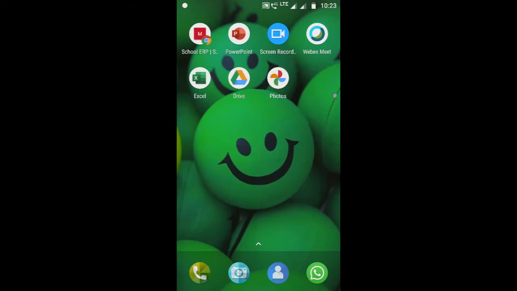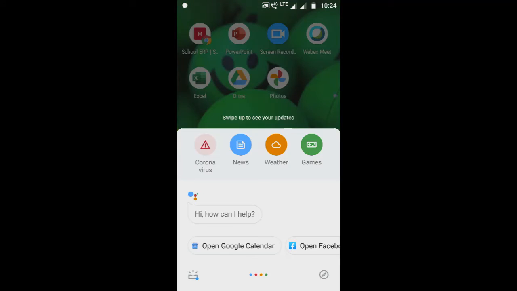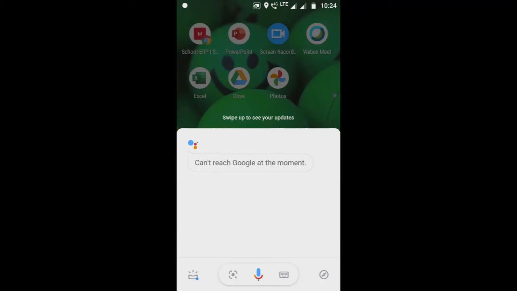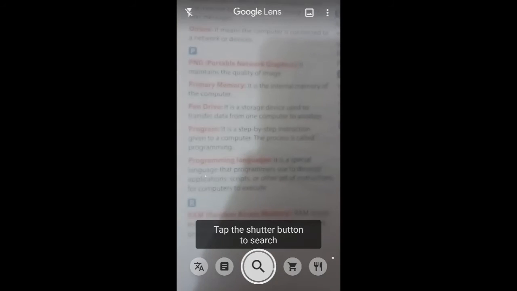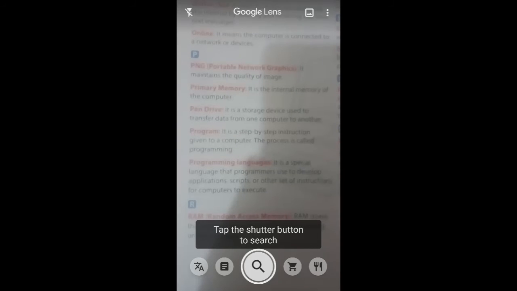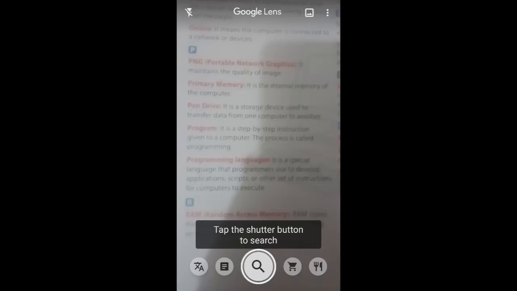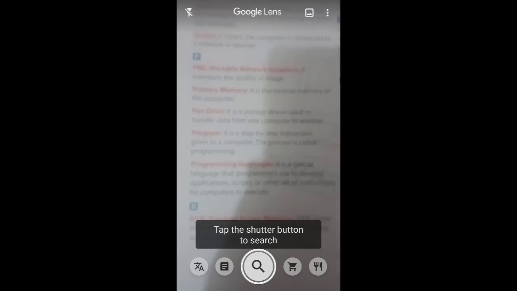You can also use Google Lens from the Google Assistant. Now open the Google Assistant by holding the menu button. When the Google Assistant has opened, at the bottom you can find the Google Lens icon. Tap on it. Suppose I want to read a text from the book, and I want to copy that text from the book to some application. Now when the Google Lens is open, tap on the screen,